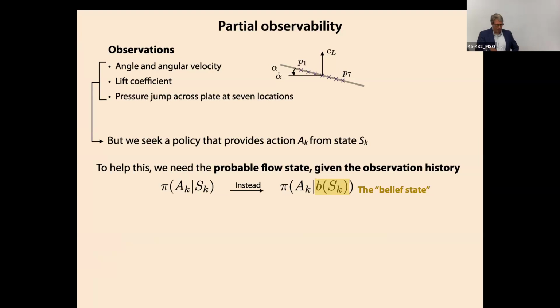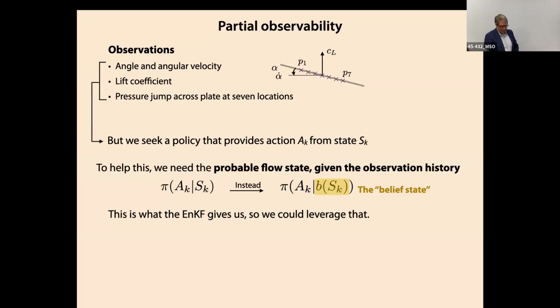Now I'm going to mention something here. For the first 40 minutes or so of my presentation I talked about how we need to do flow estimation, right? Now here's where nominally you would plug in. My policy here is finding an action given the state, and I know how to find the state because I know how to do flow estimation now. Great. In the reinforcement learning community, this is really what they call the belief state, what you believe to be the state's value. This is where I always thought things would plug in for the reinforcement learning part.